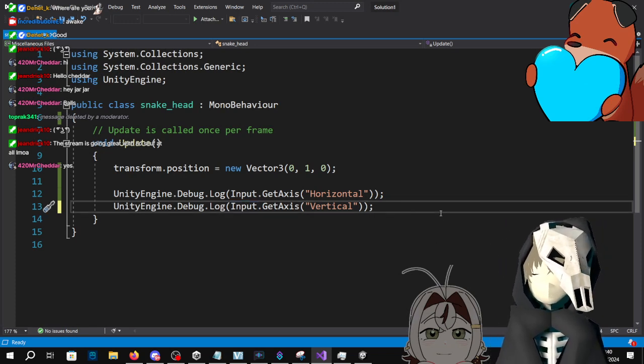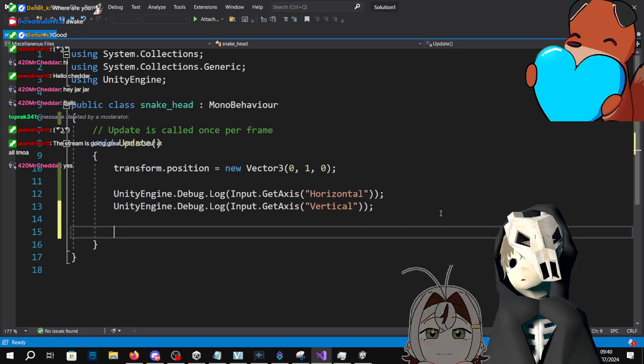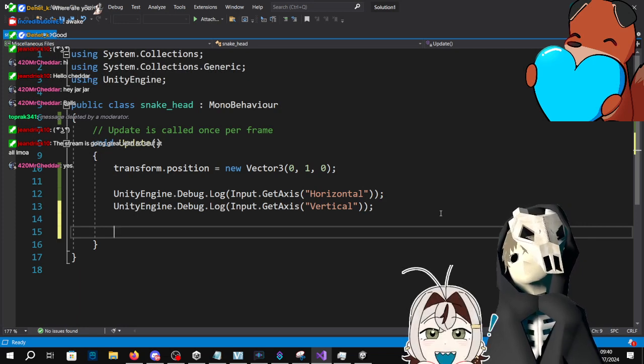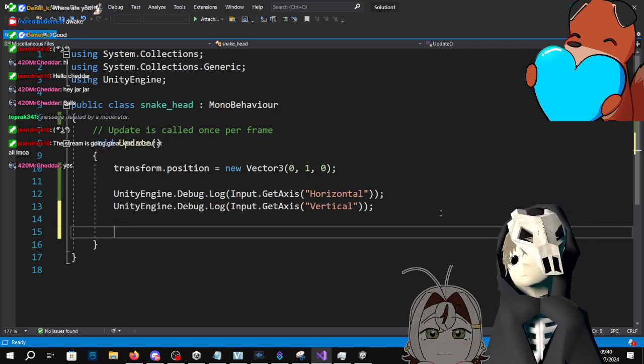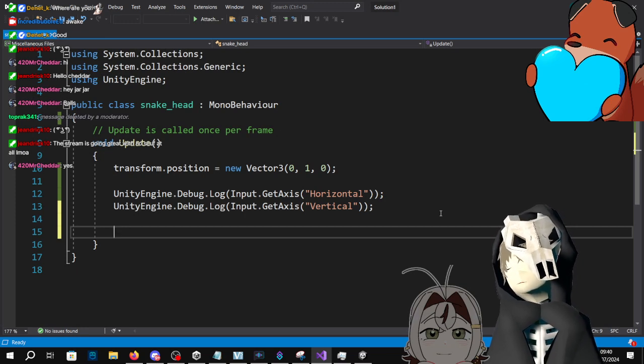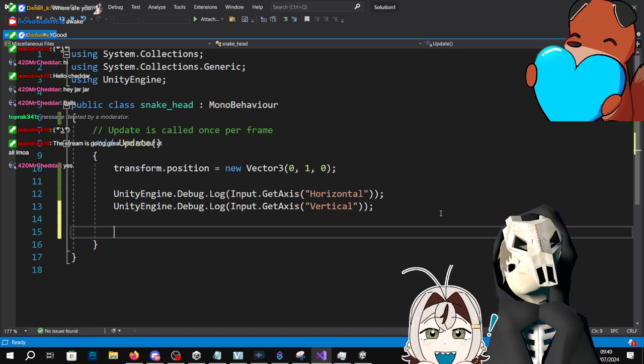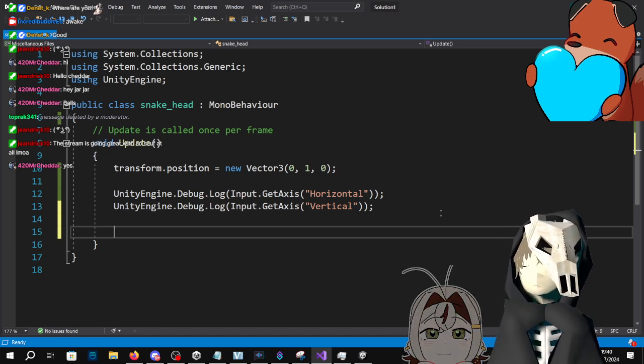Alright. Do you know what absolute is? Or ABS? What is absolute within maths, or ABS, as it's called in Unity? I don't think I remember that. Okay, so